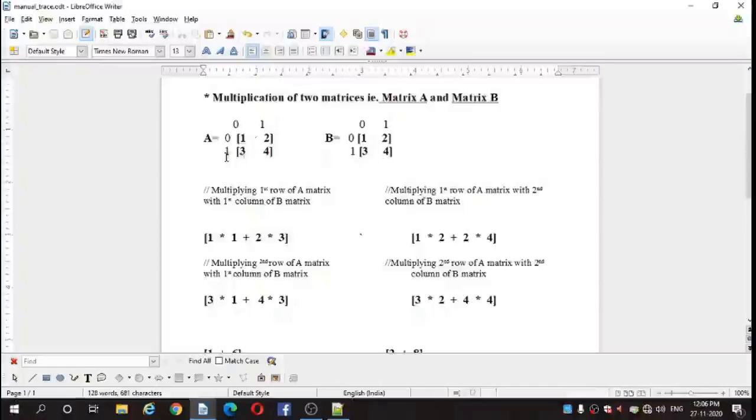Okay, this is the second row of the A matrix, that is 3 and 4. It will multiply with the first column of the B matrix, that is 1 and 3. So 3 into 1 plus 4 into 3. At the fourth stage, it will multiply the second row of the A matrix with the second column of the B matrix, that is 3 and 4 with 2 and 4, that is 3 into 2 plus 4 into 4.